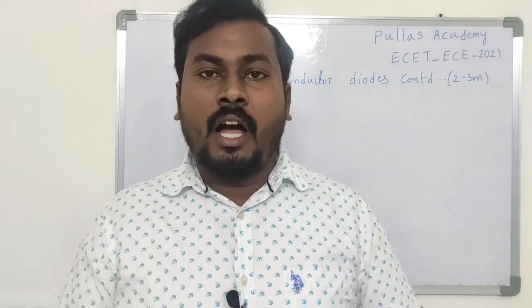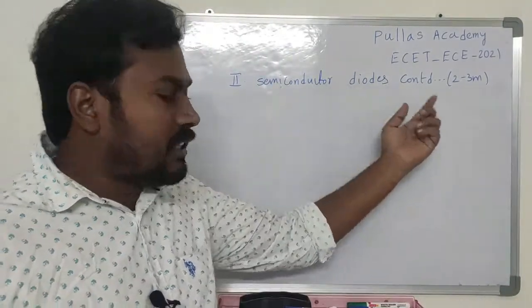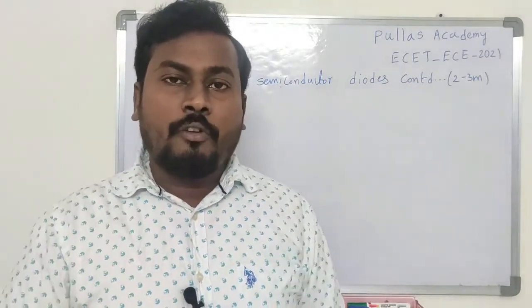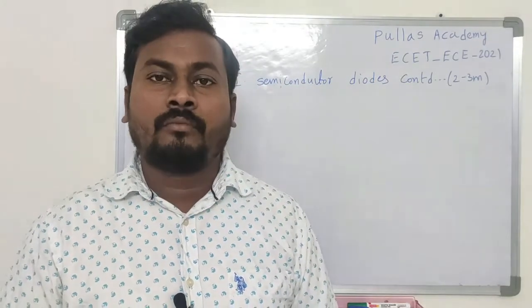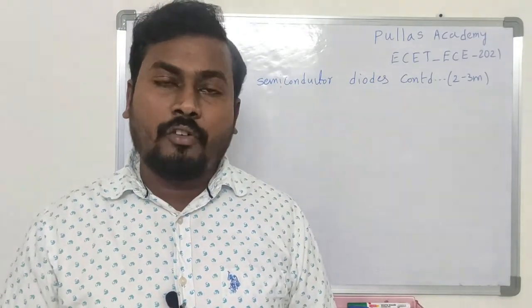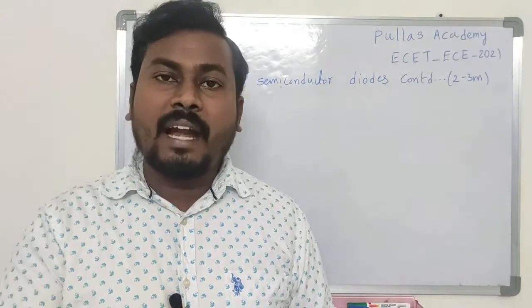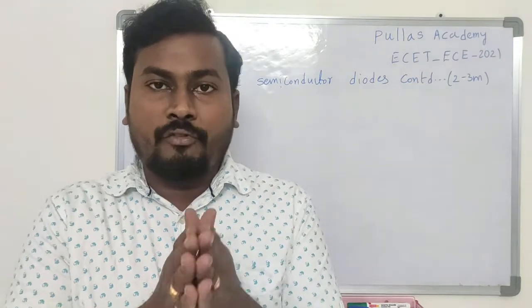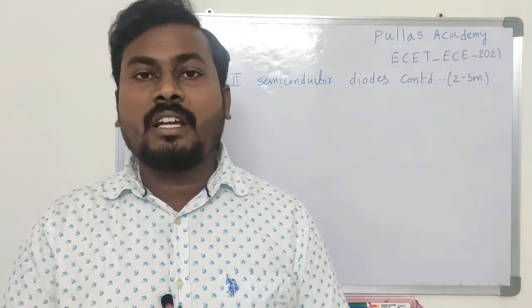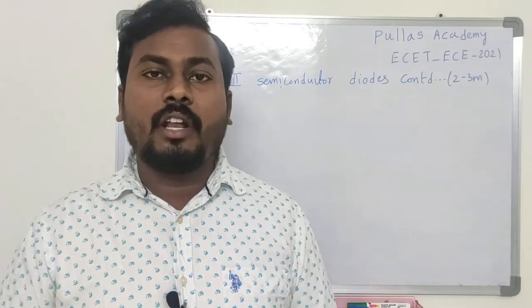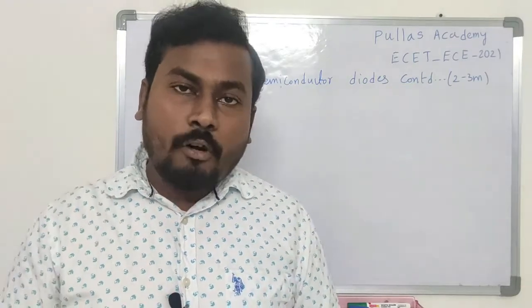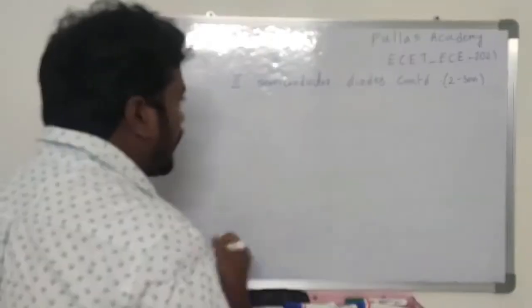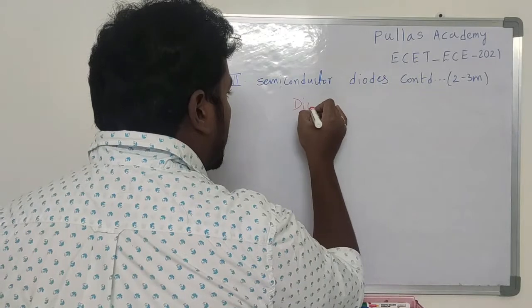In this video lecture, I am going to continue with semiconductor diodes. In the previous video lecture, I discussed the formation of a PN junction and the IV characteristics of a PN junction diode, the schematic symbol of a diode, and the PN junction under forward bias and under reverse bias. In this video lecture, we are going to deal with diode circuits. So let me write here. So diode circuits.